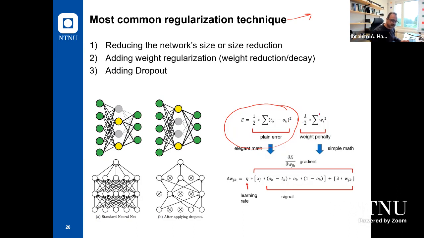So we can add a part here, so instead of minimizing only the error, we will minimize the summation of squared weights. So in this case, we will try to minimize weights. We will not allow weights to take any value. We try to minimize this error, and at the same time, we also force the optimizer to minimize the total sum of your weights. So we try to reduce the model capacity, in fact, because if you allow weights to take any values, at